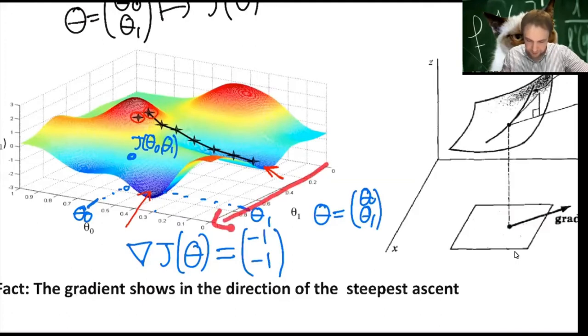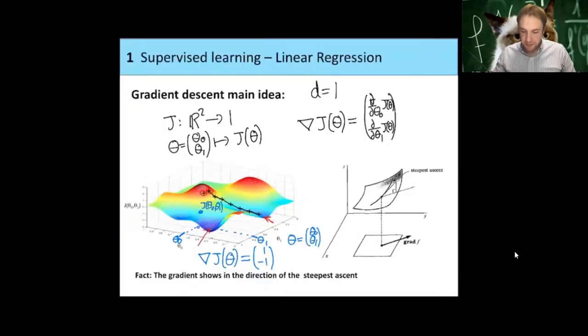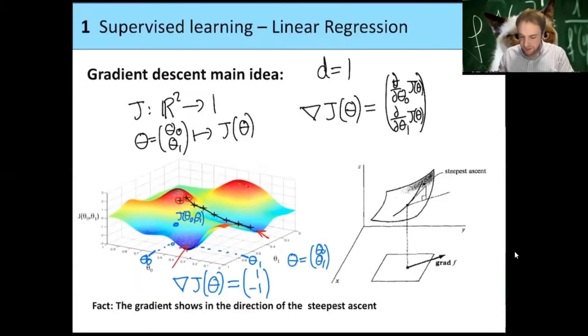So here this goes positive. So maybe in this direction, here theta 0 goes up. So maybe we have something like this, and then this would be exactly the vector which shows in this direction roughly. Anyway, the statement is that if I have some function like here and I calculate the gradient, then the gradient